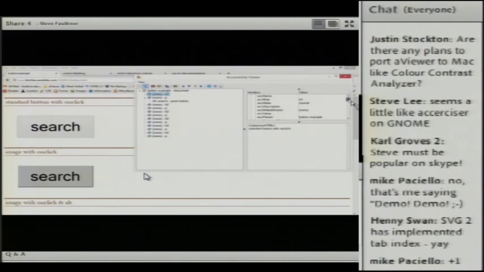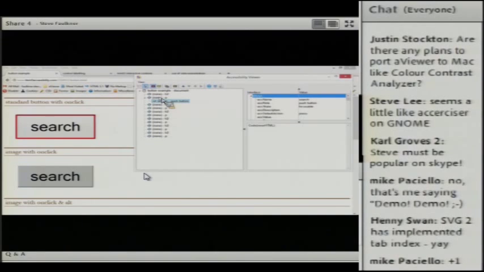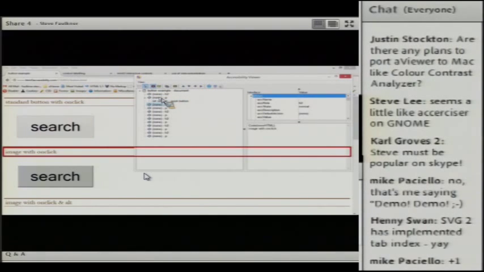Anyway, what I wanted to show you was that as well as hovering over a certain thing in the page, once you've got the tree there, you can actually walk the tree using the arrow keys.